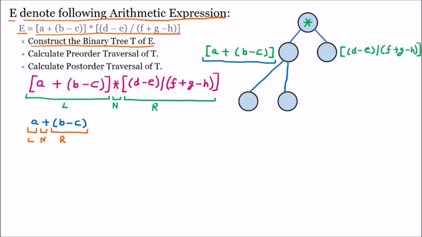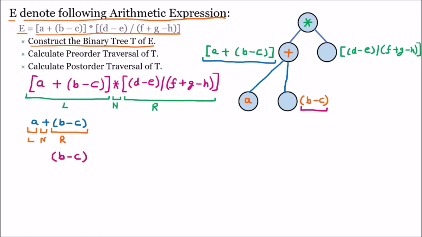Now we are going to construct the binary tree with this expression, which is actually the left tree. First of all, we are taking the plus. The plus is the parent. Now on the left hand side we have a single child, which is A. So A I am putting in, because there is no further expansion. On the right hand side we have what is in the bracket, that is B minus C. Now this B minus C has to be resolved further. So I am working on this B minus C first. So here we are taking on the right hand side B minus C.